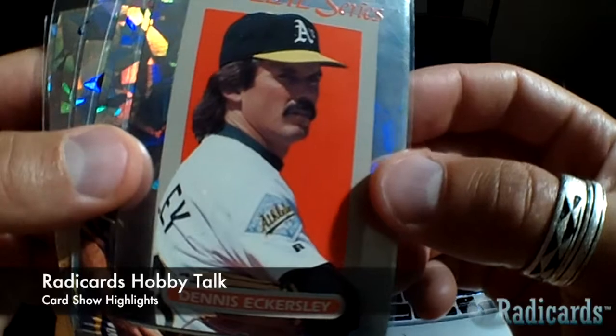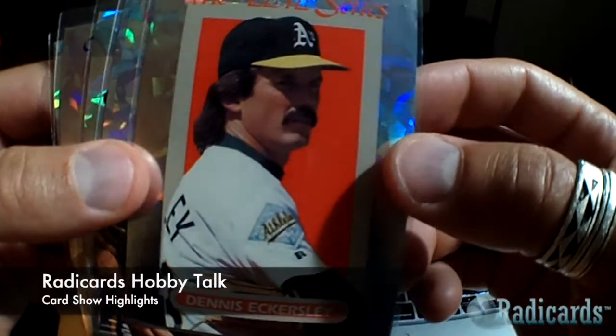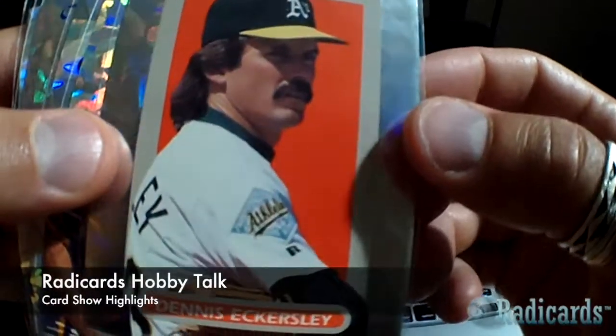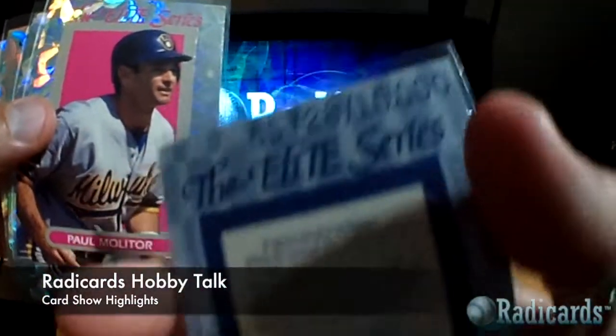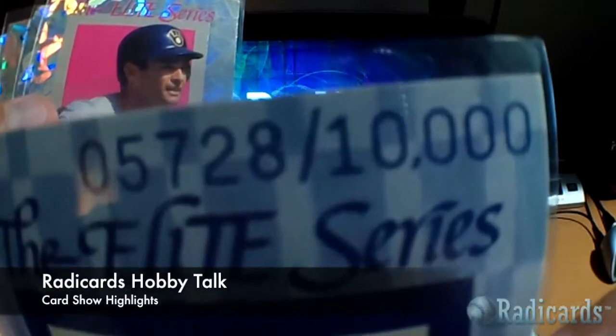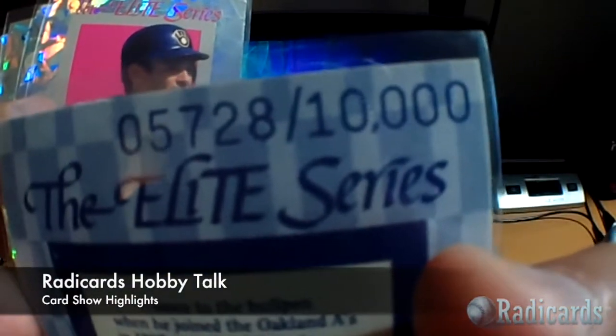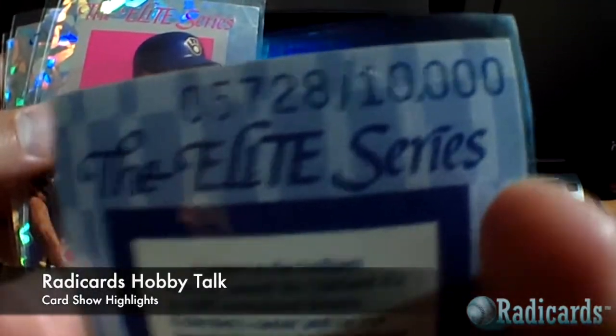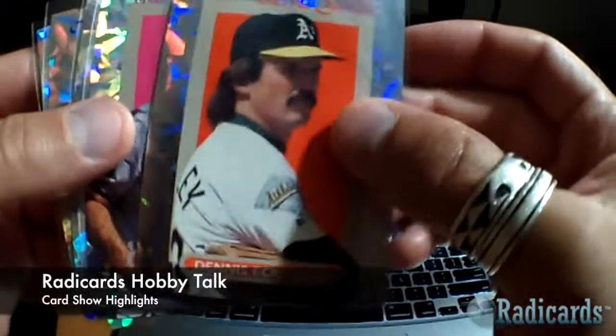I think somewhere along the line someone quoted me, they were like one a case, but I don't know. I'd have to back that up with some research. Whatever the case, they're difficult. They're numbered to 10,000, which kind of tells you how rare they are. If they're numbered to 10,000, they're still one a case, let's just say. It just tells you the output of 93 Donruss was